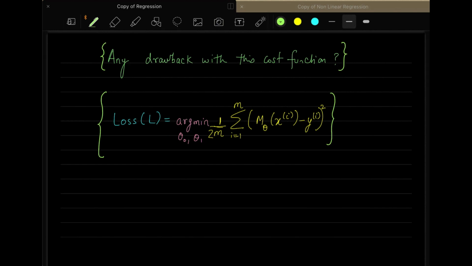Sir, when I try to use this cost function to code my gradient descent, it is highly dependent on the initial two theta values I took, and it would get stuck. After many iterations, it would not fit the scatter plot, and it would get stuck in some weird position and then would not move from that position.